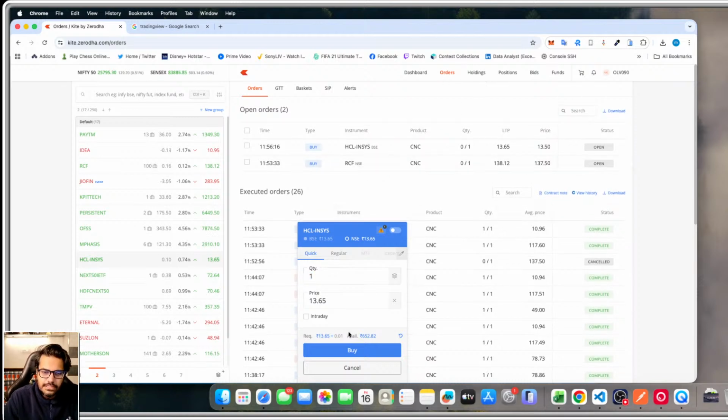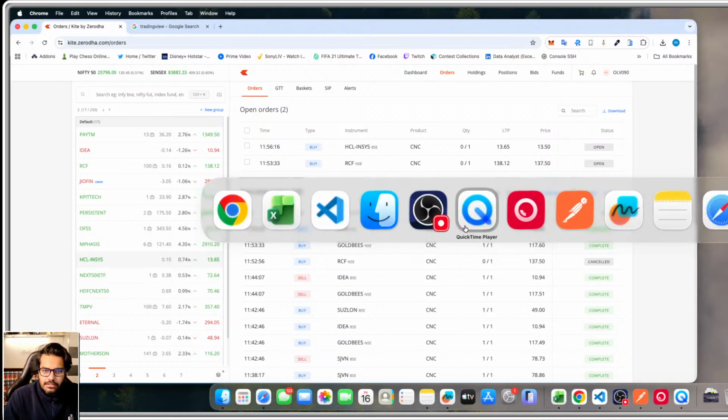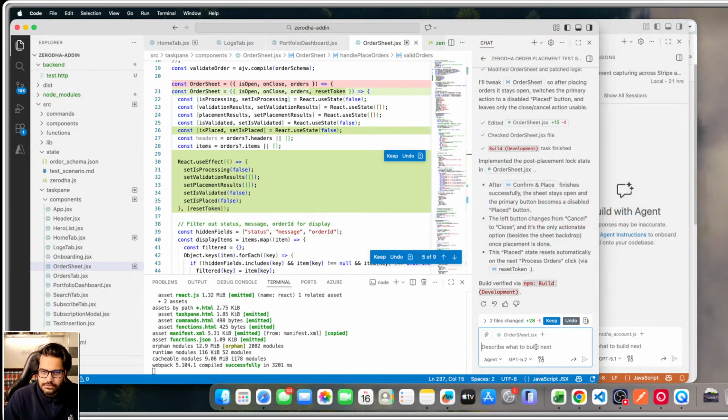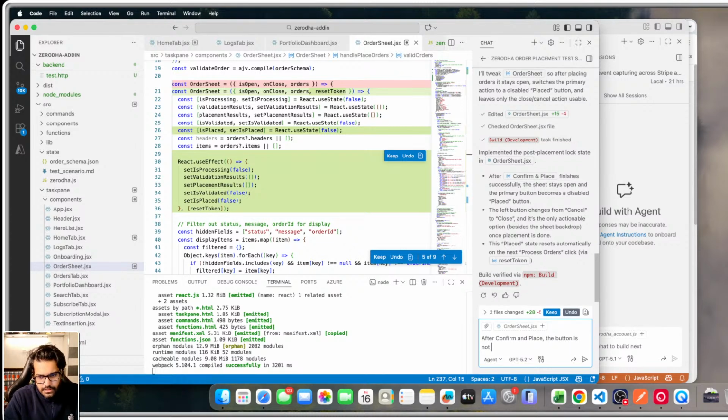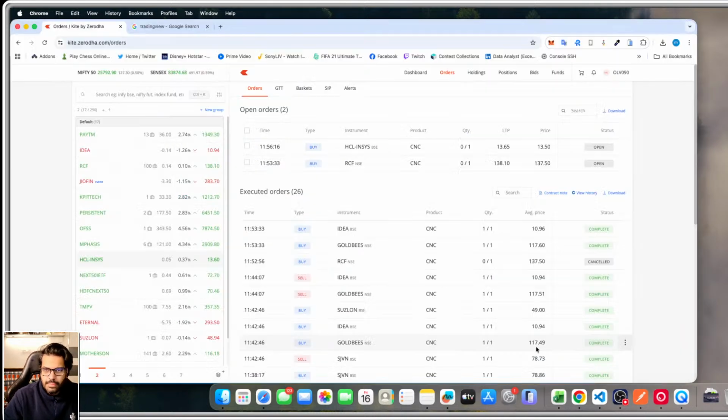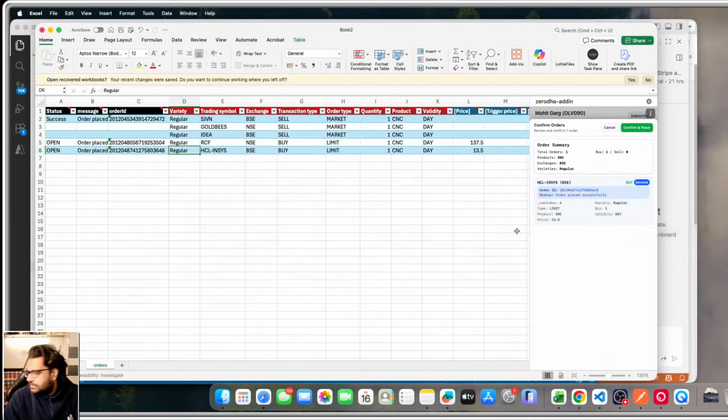Yeah, so this is done. After confirm and place, the button is not changing to place and it stays the same. So this is there. And second,